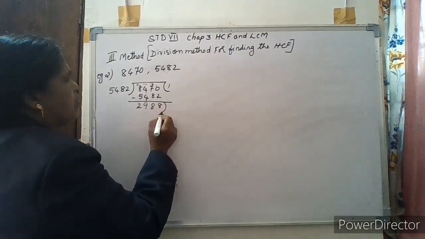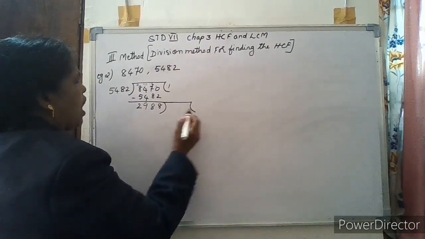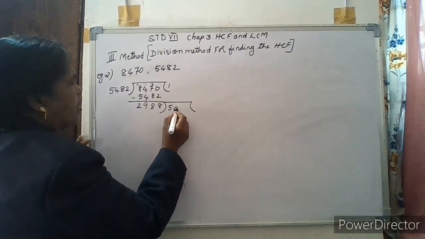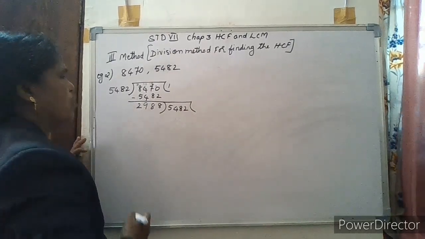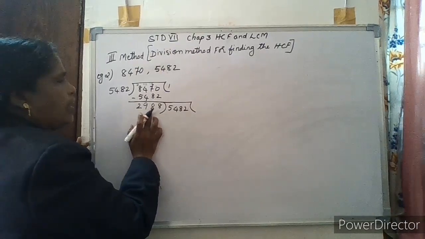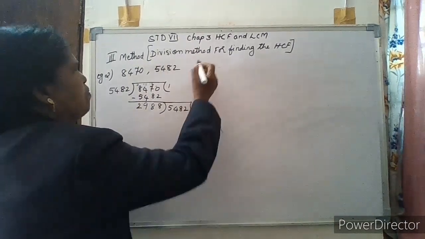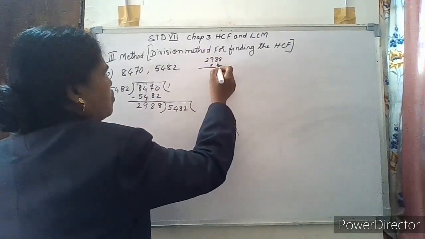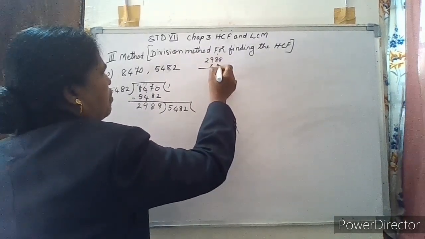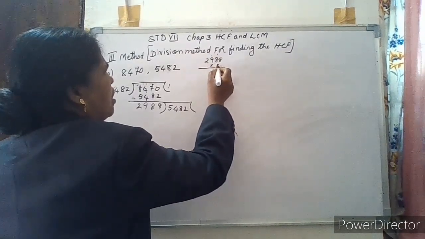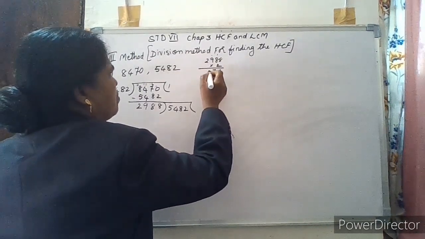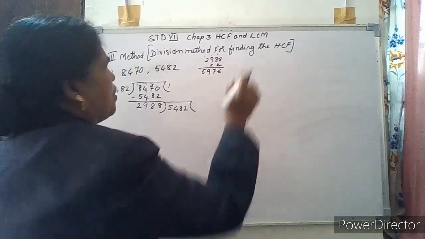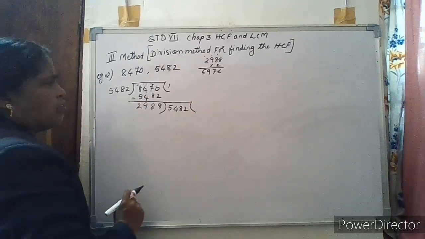Now this remainder will become the divisor and the previous divisor is the dividend. 5,480. Now this is 2,988. So multiply this 2,988 by 2. 2 8s are 16, carry 1, 2 8s are 16, 17, carry 1, 2 9s are 18 plus 1 is 19, carry 1, 2 2s are 4, 1 is 5. It is 5,900, but it is 5,400. So that means I cannot take this.